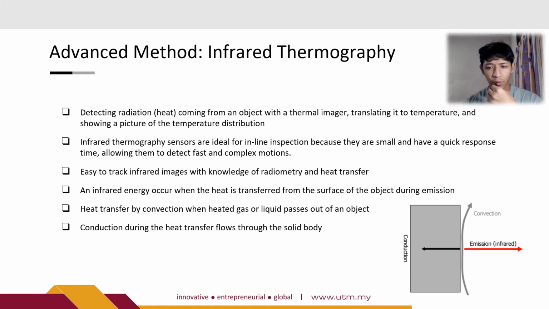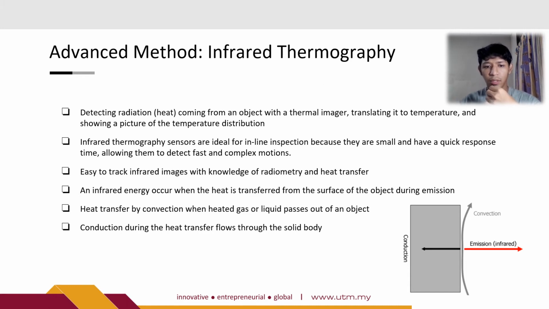So now I am going to introduce the advanced method, which is infrared thermography. Firstly, this method is for detecting radiation heat coming from an object with a thermal imager. This device translates it to temperature. Then it shows the picture of the temperature distribution, and the sensors are ideal for inline inspection because they are small and have quick response time. So it is very fast and easy to track infrared images with sufficient knowledge of